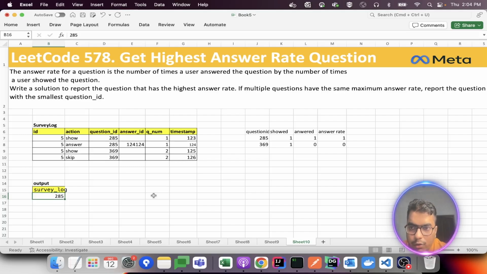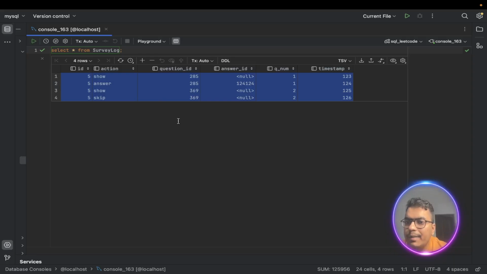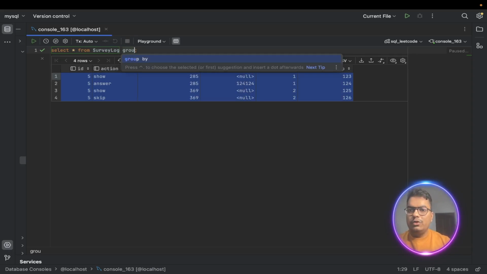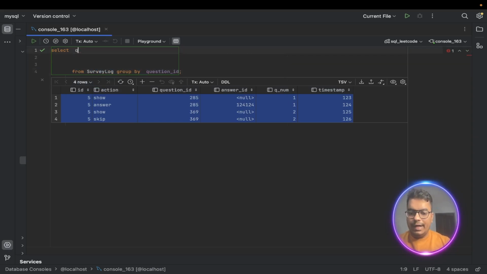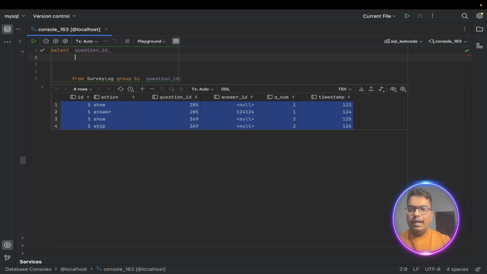Now let's go to the DataGrip. I am in the DataGrip. I have this table survey_log which I have created already. I have also inserted the data just like we have in the input. So the first point which I need to do is I need to group by based on, of course, question ID only. Now I need to have question ID and then I need to have the